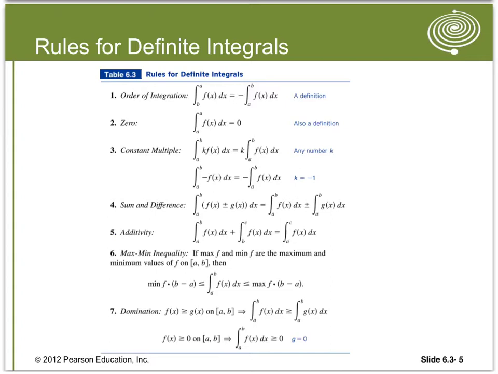It says if you're integrating from a to b of one function and then integrating from b to c of